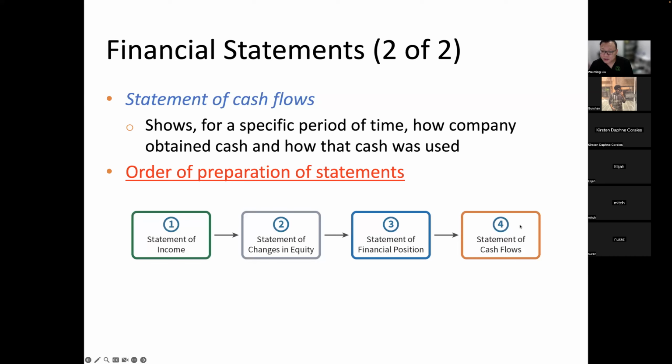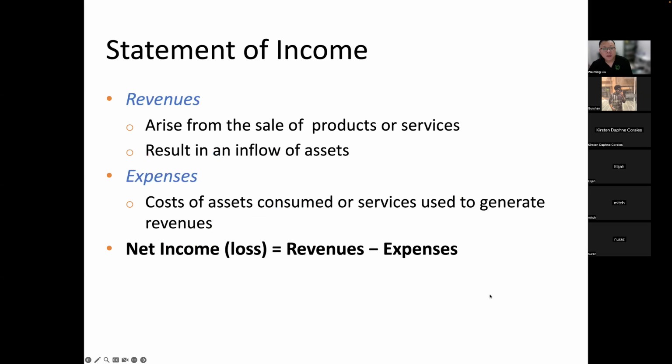Basically these are the 4 statements, and right now I'm only giving you a very brief picture of this. To understand better, we're going to look into this in more detail. Right now, just have a brief idea about what they are and how to prepare them, what the order is. Okay, so for the statement of income,